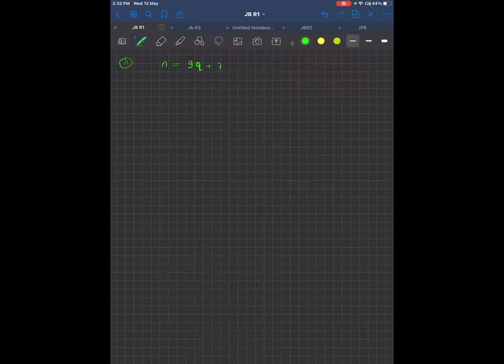n equal to 9q plus 7. It is given in the 11th question that a positive integer n when divided by 9 gives 7 as remainder. So n should be 9q plus r, and 9q plus r means divided by 9 the remainder is 7, by Euclid's division lemma. Now, what will be the remainder when 3n minus 1 is divided by 9? What you want is the remainder when this is divided by 9, so first find the value of 3n minus 1.